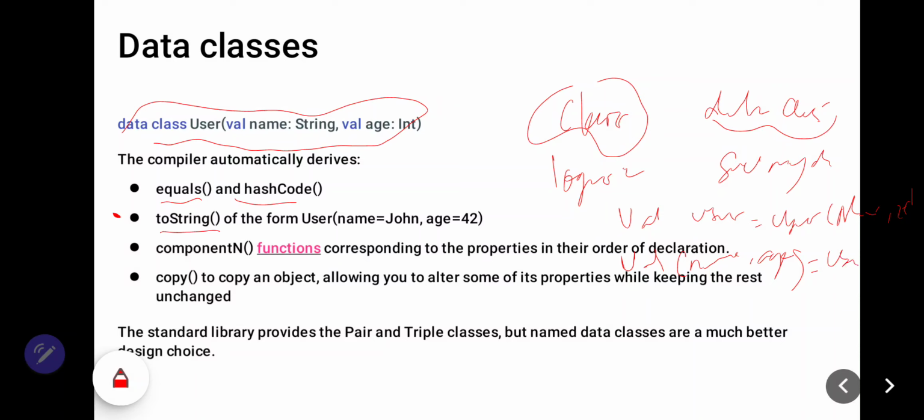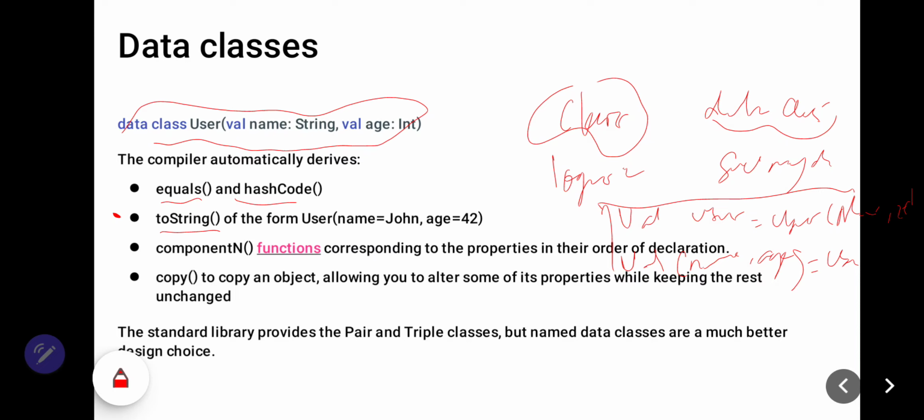If you see in this example, there are no component1, component2 methods declared explicitly in the class. You don't need to write like this. So if you use data class, it makes it simple when you write code. These methods are generated under the hood by the Kotlin compiler. Okay.